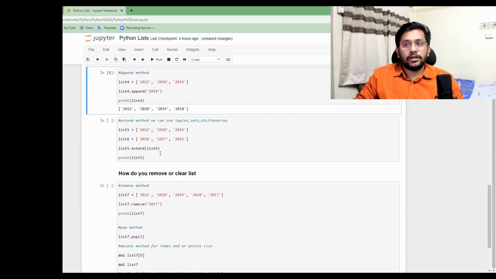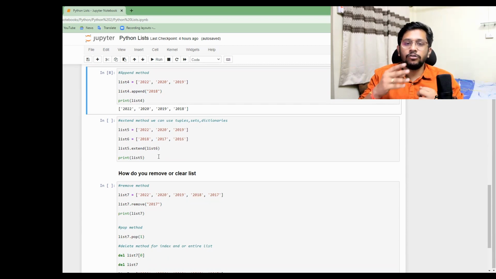Next one is the extend method. Extend method is basically kind of an extrovert who wants to accept everyone. There are two lists which we have created, list 5 and list 6. I do not keep confusing names, I just number them, list 1, 2, 3, 4. And here we say it's 2020 to 2019.